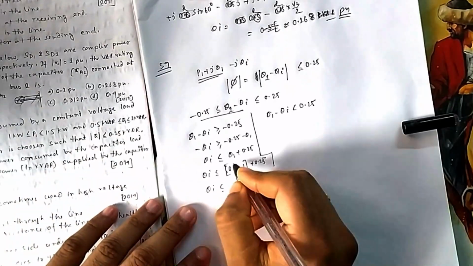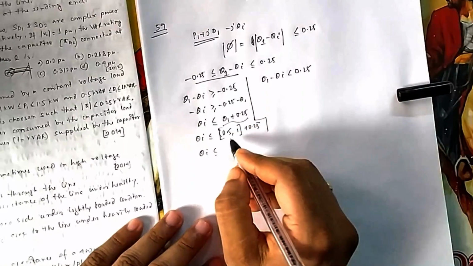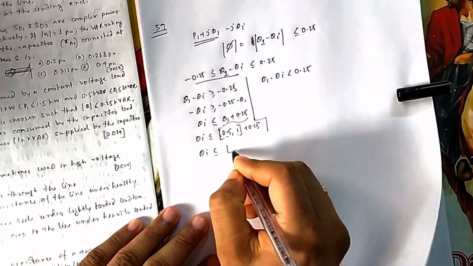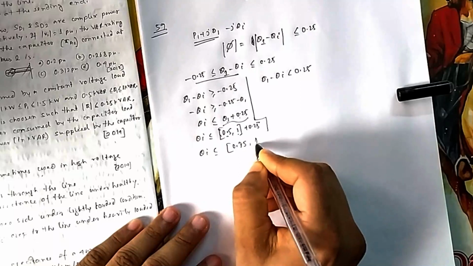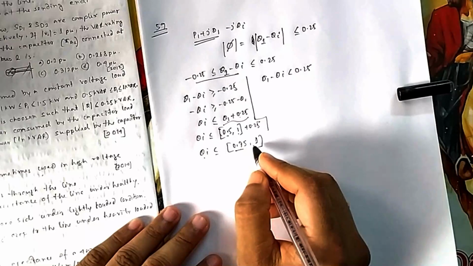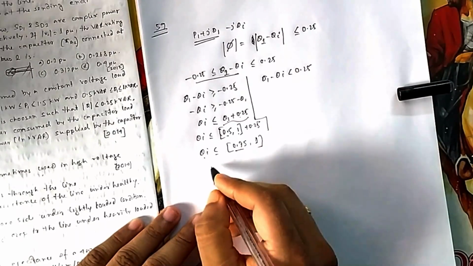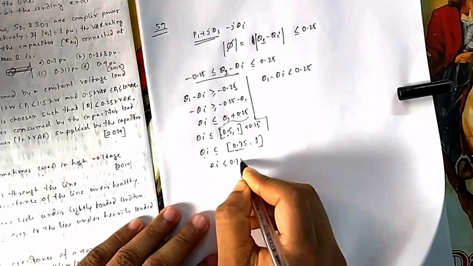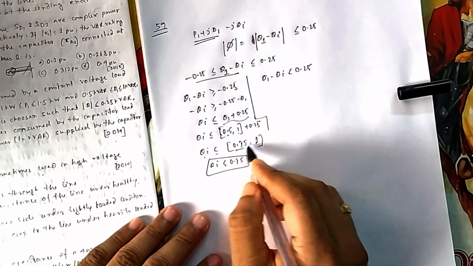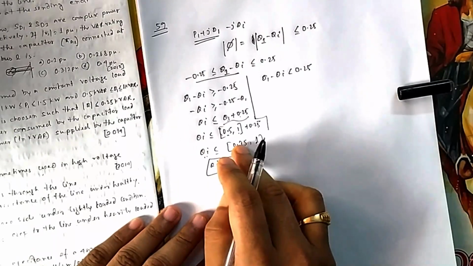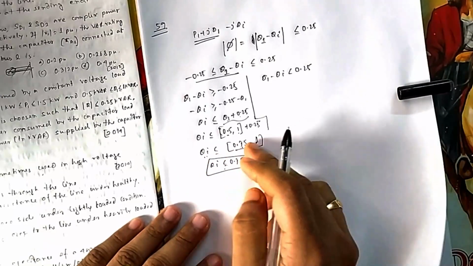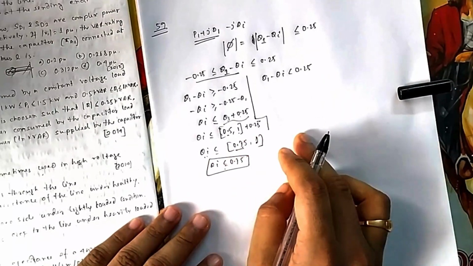Let me see what this reflects, because Q1 is not a fixed value. Q1 can flow from minus 0.5 to 1. If we add 0.25, it ranges from minus 0.25 to 1.25. That means Qi should be less than any value in this range, so it should be less than the lowest. If it is less than the lowest, then it will be less than for every value. So Qi should be less than or equal to 0.75.